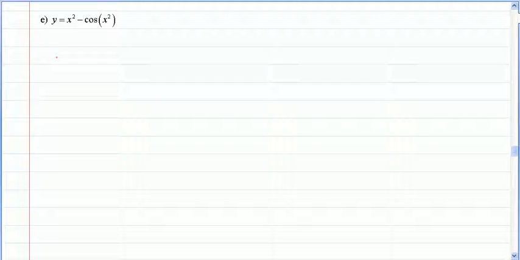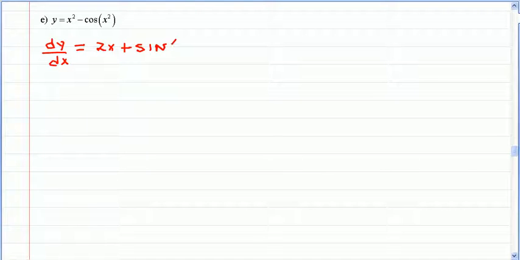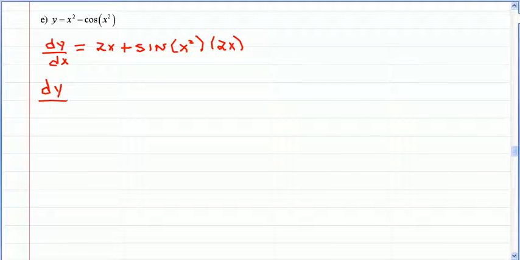For part E, y equals x squared minus cosine of x squared. So I start with dy dx equals the derivative of x squared is 2x, and then the derivative of cosine is minus sine, but because you have a minus in front of that cosine, it changes to plus sine, and then I take the derivative of the angle, which is 2x, so I can rewrite dy dx